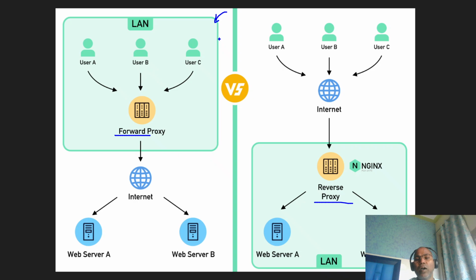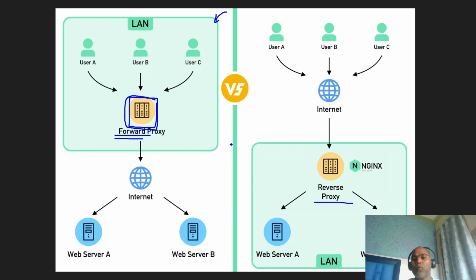So here our company, our organization implements a forward proxy. It means every request going to the internet, before going to the internet, goes through a check: whether your request is valid and whether the website you want to access is really allowed for you or not. Then they make the request to the server.